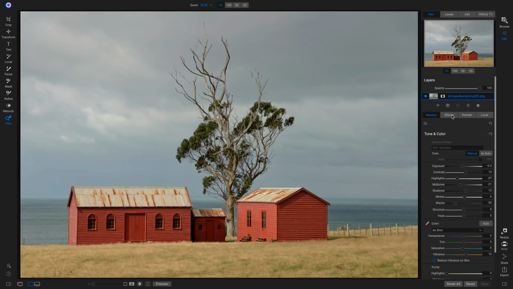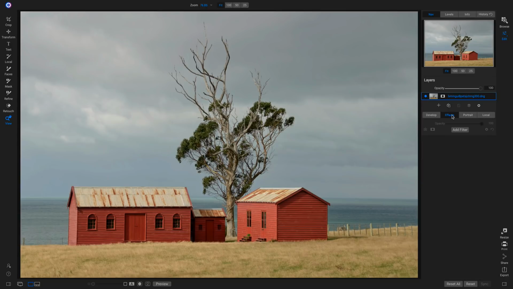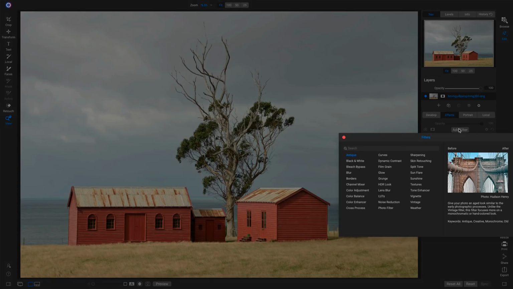So now we can head into Effects, and this is where we can start actually playing with all of the new filters. So we'll add a filter, and the 4 new filters to Photo RAW 2020 are our Channel Mixer, our Color Balance filter, Sun Flare, and the Weather filter. So the first thing we're going to talk about is the Channel Mixer filter, because it's a little bit more of a niche filter, if you will. So we're going to grab the